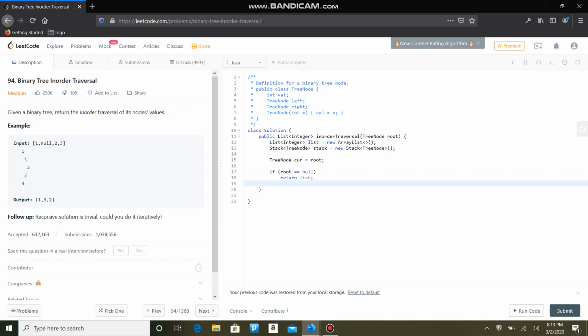And we go ahead and say while, to traverse through our tree, as we've always done, while the current is not equal to null or our stack dot size is greater than 0,